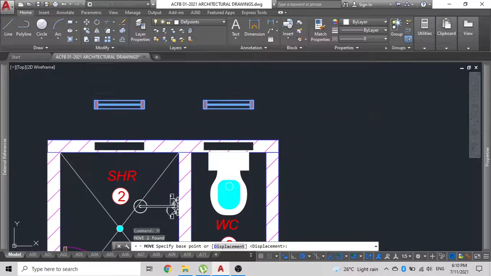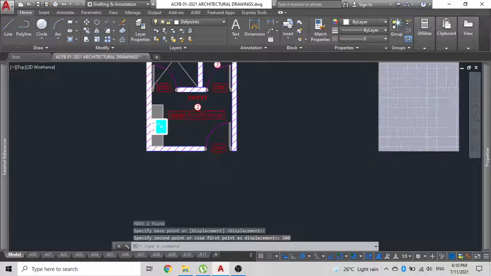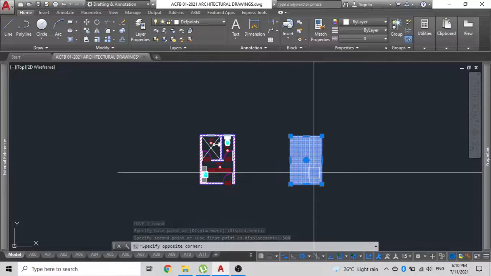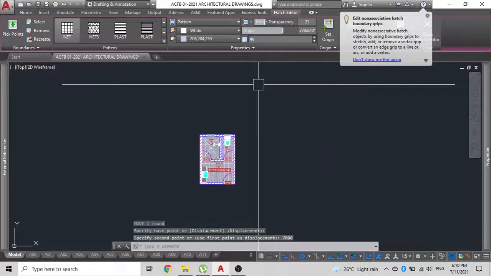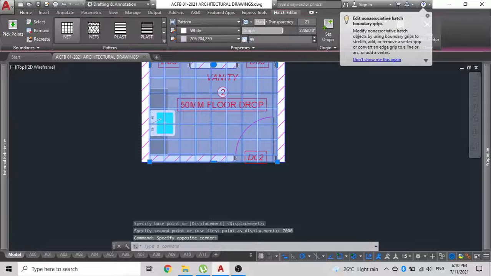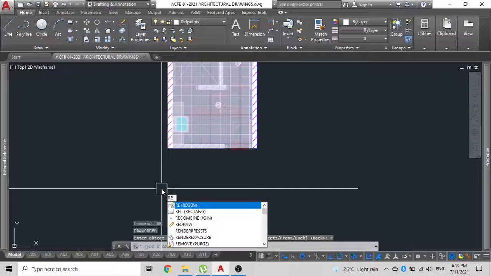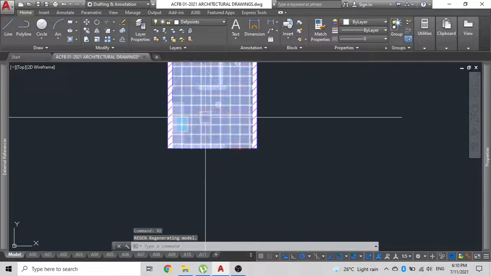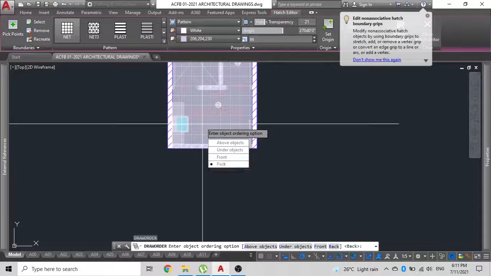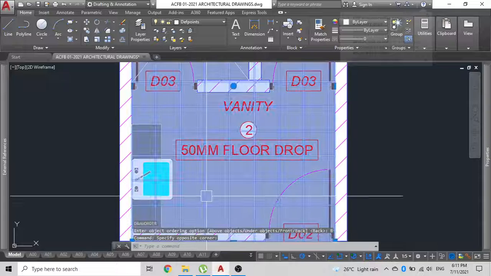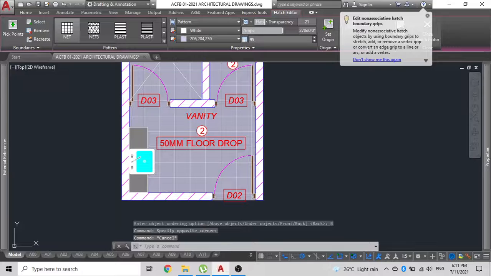Now you can move these back down to where they came from. That's 1 and 2. And you can now also take this back into its place from the coordinate that you had used earlier. If these tend to cover up the text when you move them back into place, you can type RE for regenerate and press enter. If that doesn't work, you can click on this and type DR for draw order, press enter and move it back. That's it. Don't worry about this covering the other lines, it's not that important. As long as it's hidden, that's all.